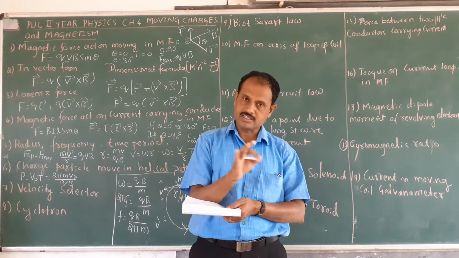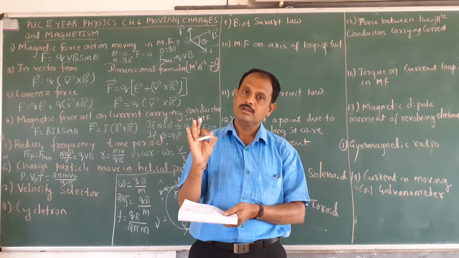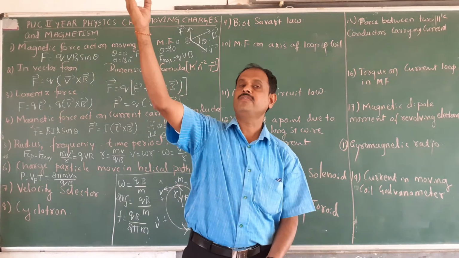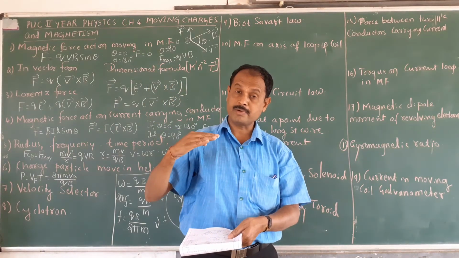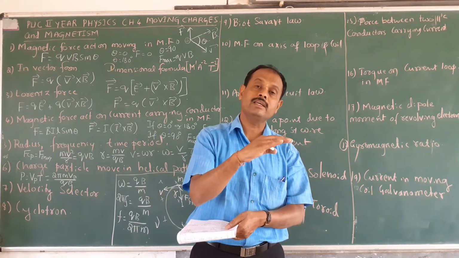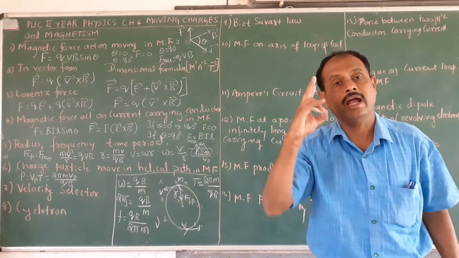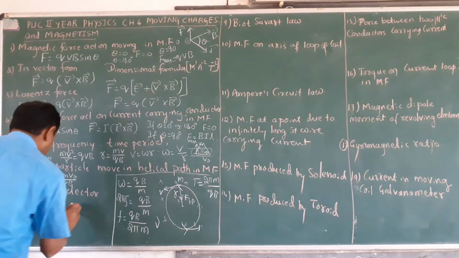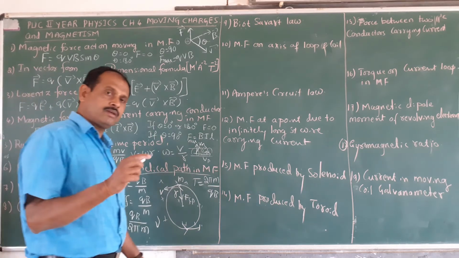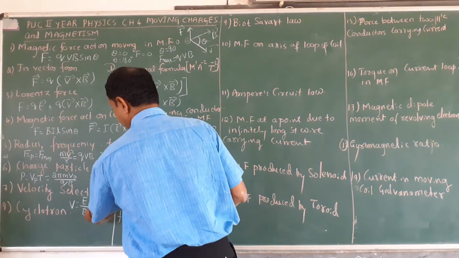Once the different velocity charged particles enter in the cross fields, one of the velocity charged particles moves straight away without a deflection. Some other velocity charged particles are deflected. Now, whatever the charged particle that moves along the straight line, that velocity should be equal to the ratio of the magnitude of the electric field and the magnitude of the magnetic field. That velocity selector v is equal to E divided by B. It is the ratio of the magnitude of the electric field to the magnitude of the magnetic field.